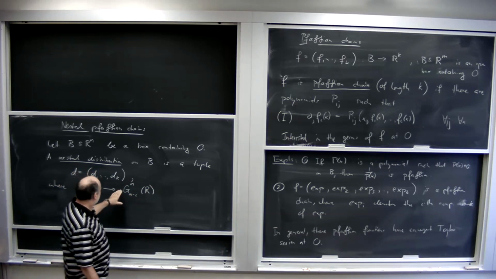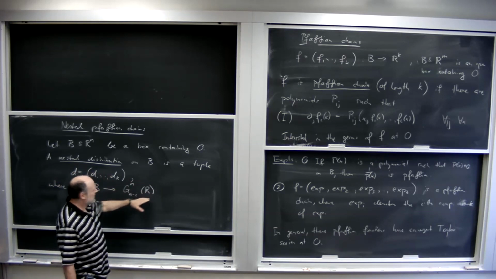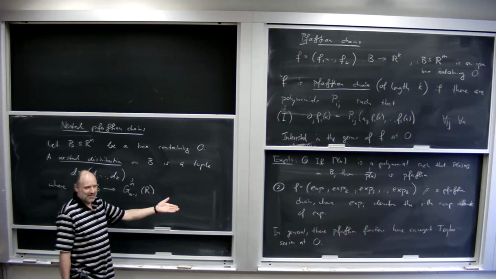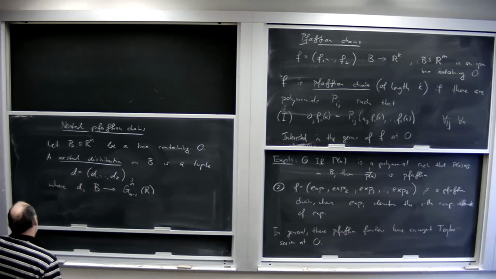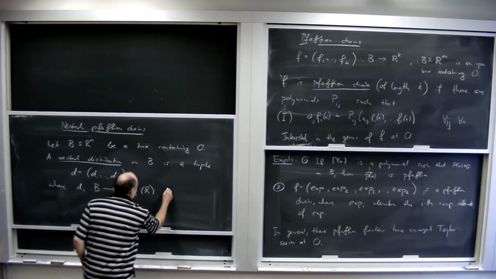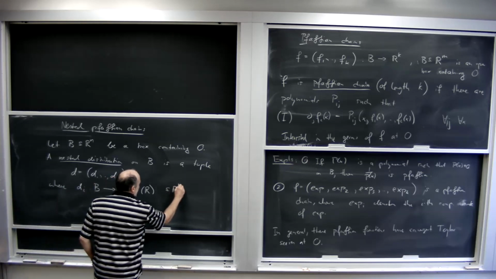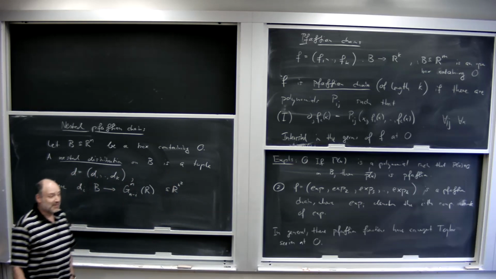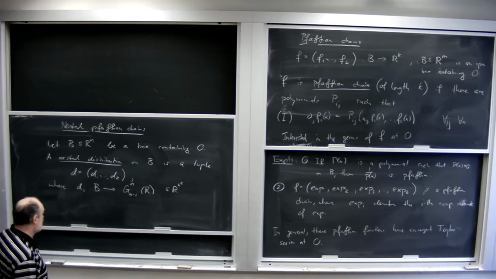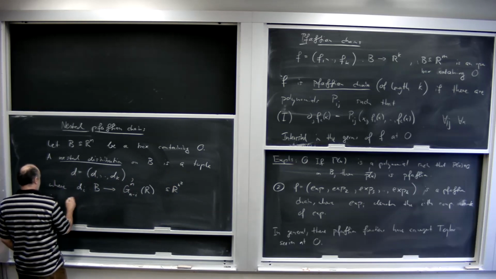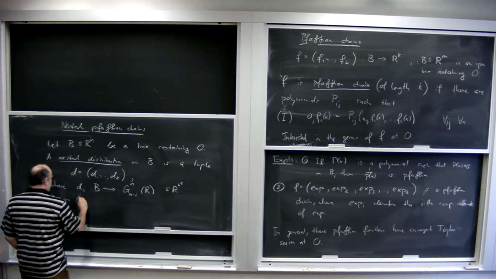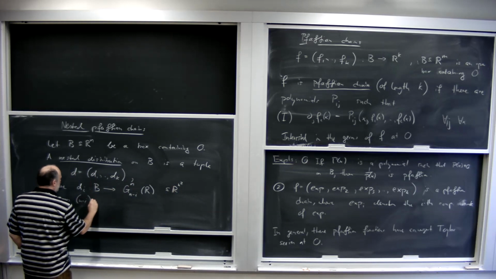So in other words, you can represent every point in here by an n by n matrix. So we can consider this as a subset of R to the n squared, in fact even an algebraic subset of that R to the n squared. So this is what's called an n minus i distribution